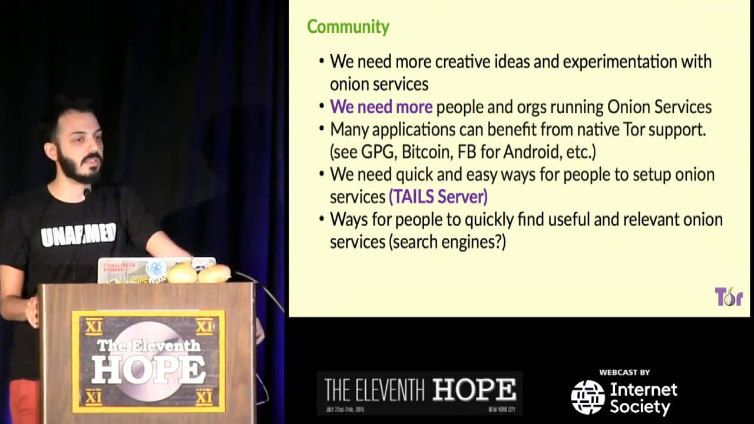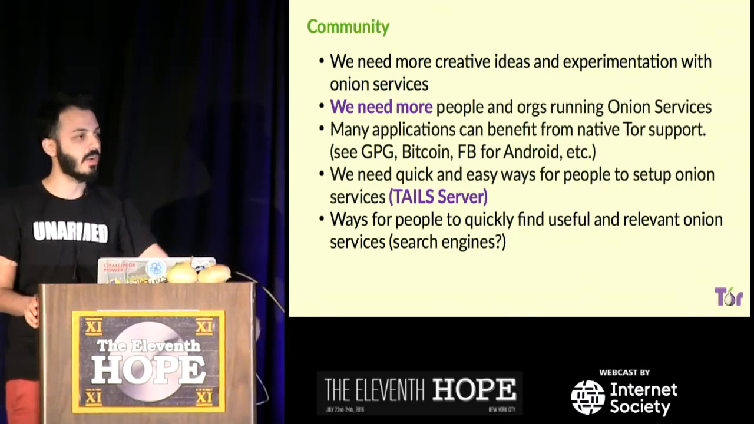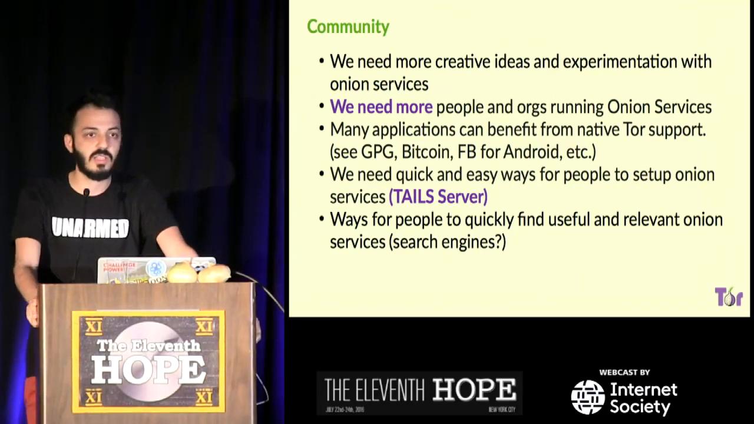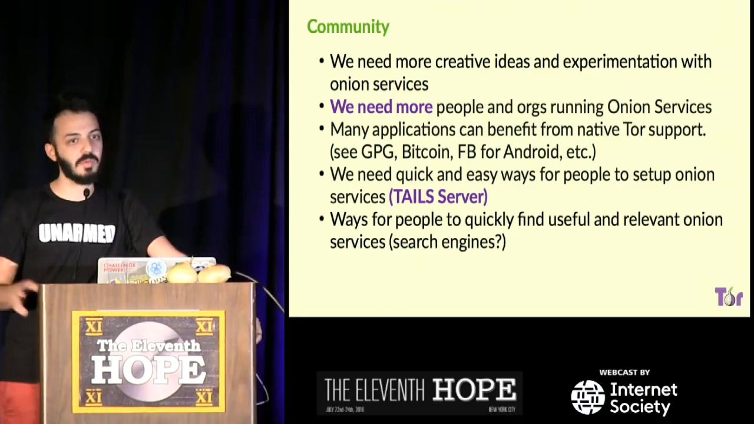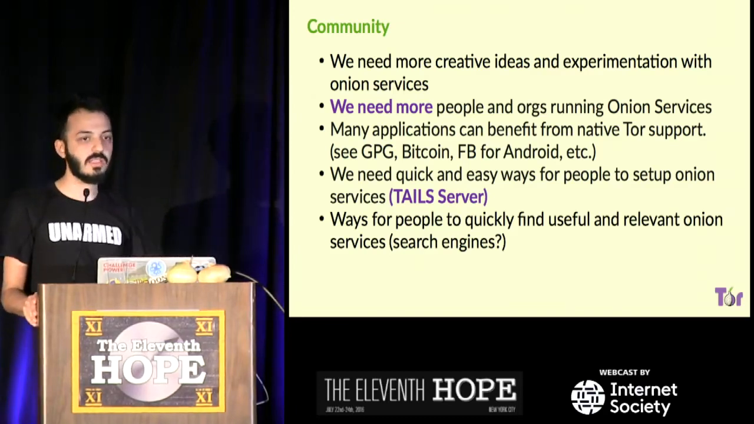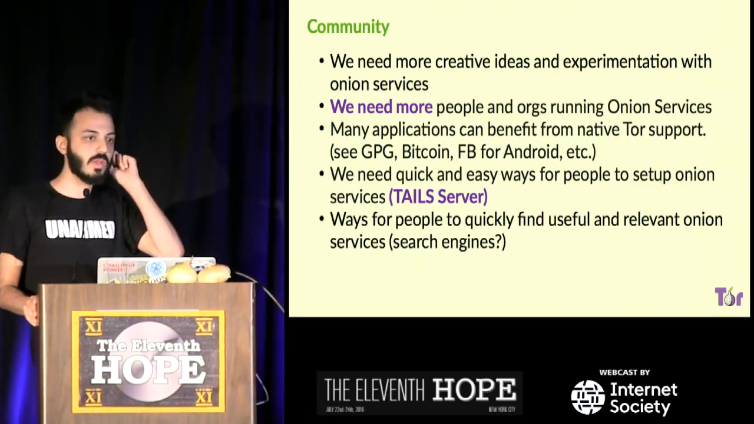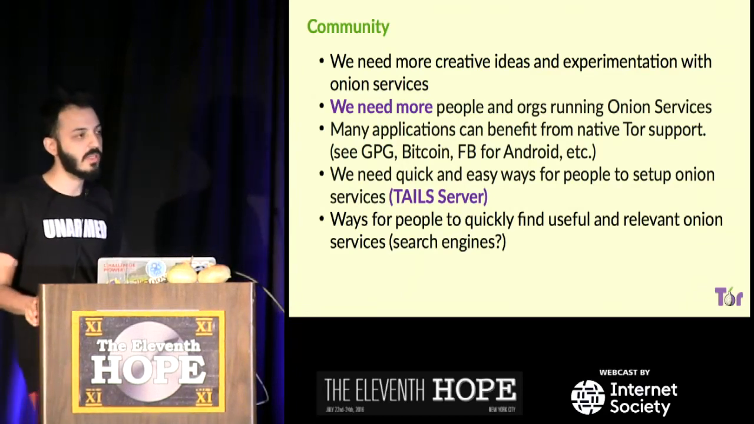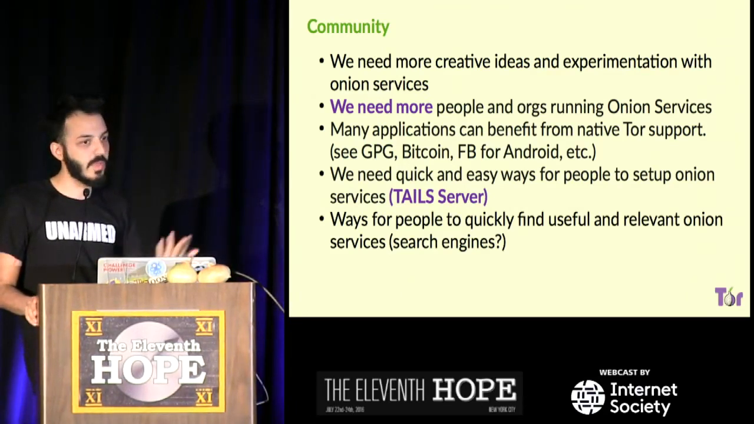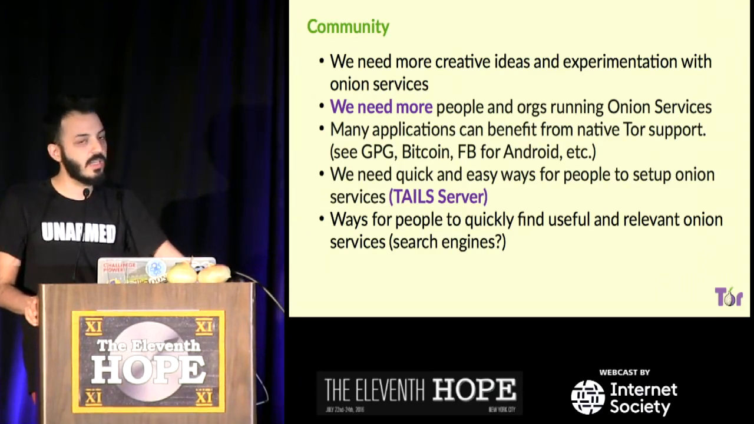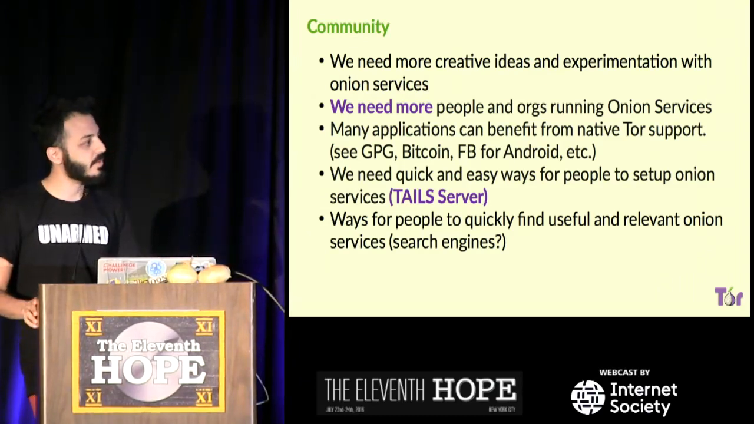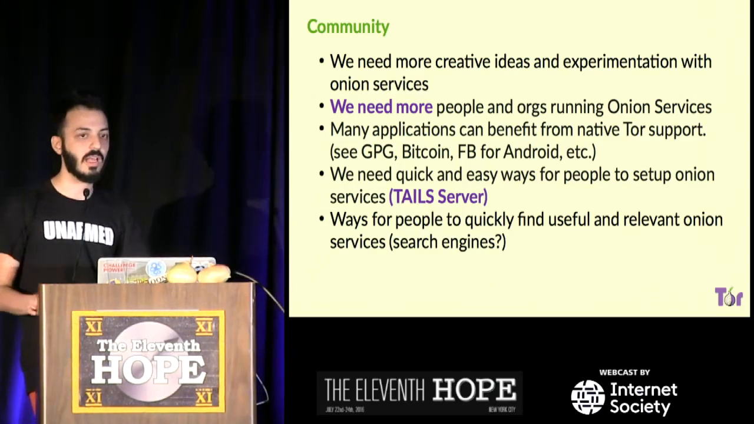And finally, we need more ways to find useful and relevant Onion services or Onion sites. There's Ahmia, which is a search engine, and there are a bunch of tools, like an XMPP client that has hard-coded the Jabber addresses of known Jabber servers like jabber.ccc.de, and we need more things like that to happen,